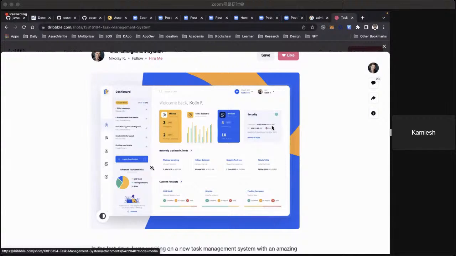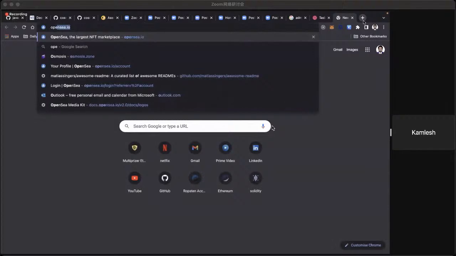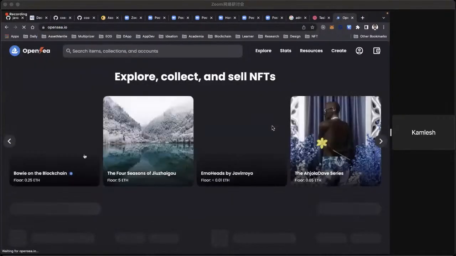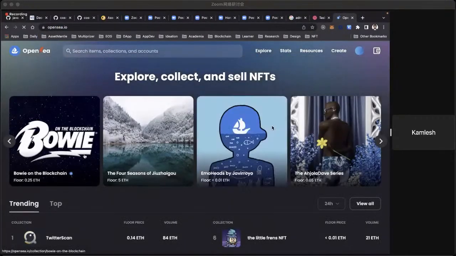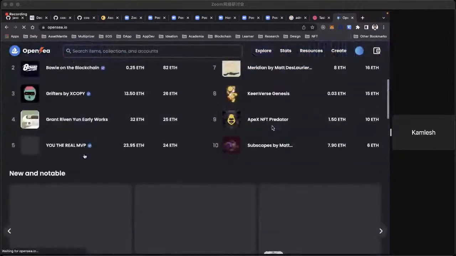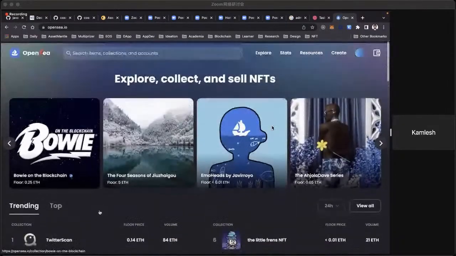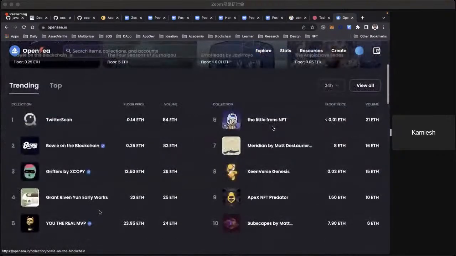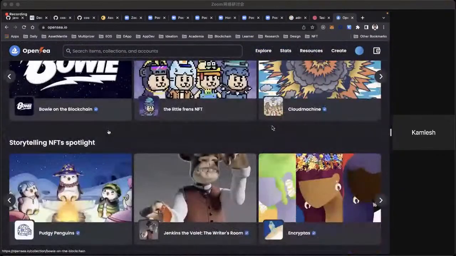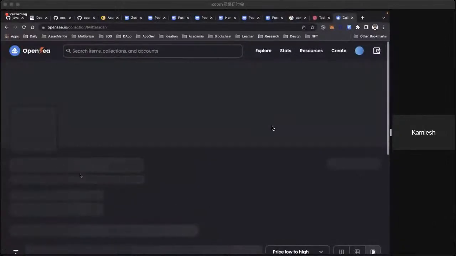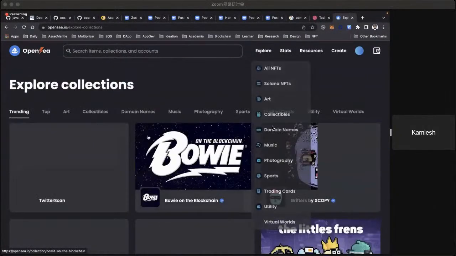The two-column layout works quite well for most scenarios, most use cases. But if you are creating a marketplace of sorts, let's say something very similar to what we have in OpenSea. As you can see, OpenSea very interestingly has kept a single column layout, and there is a reason for that. And that is because if we open an NFT here, let's say, if I go to the Explore page,